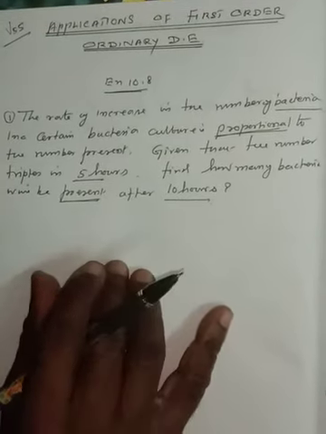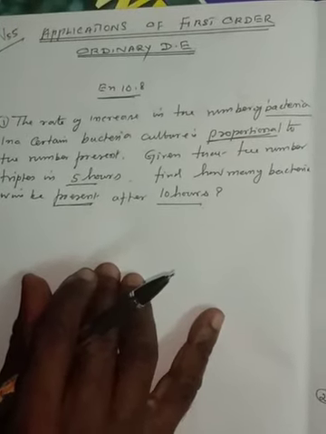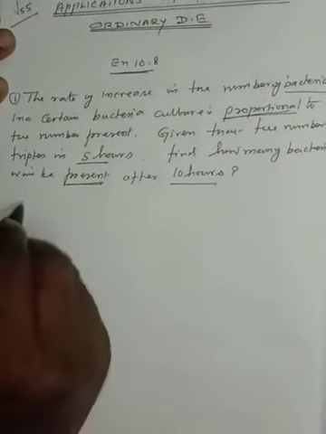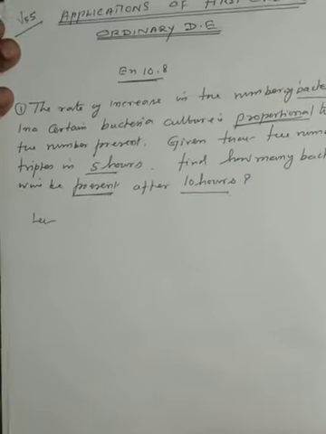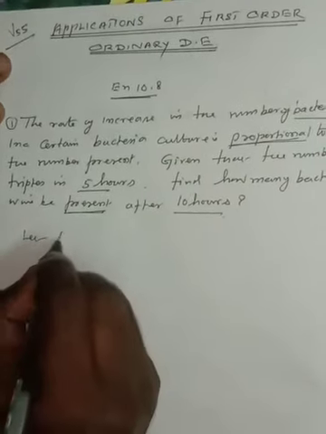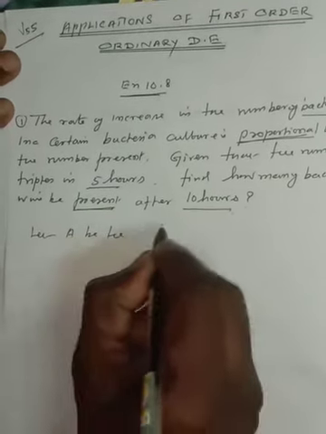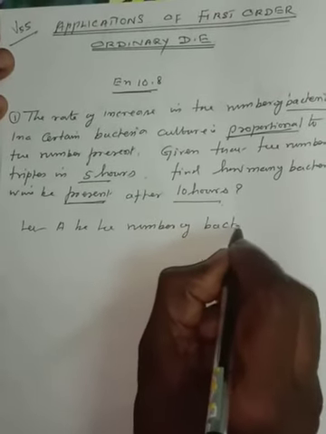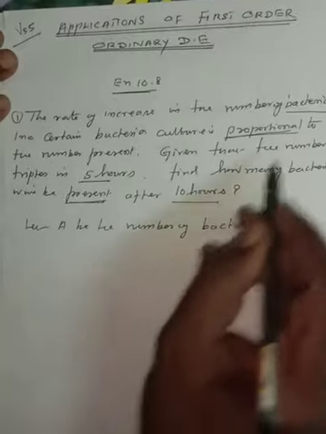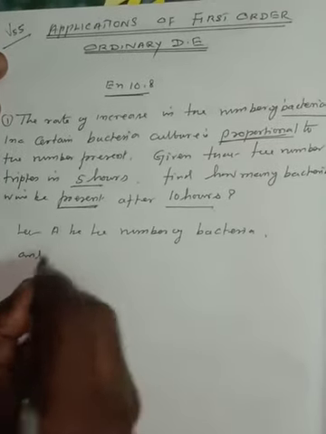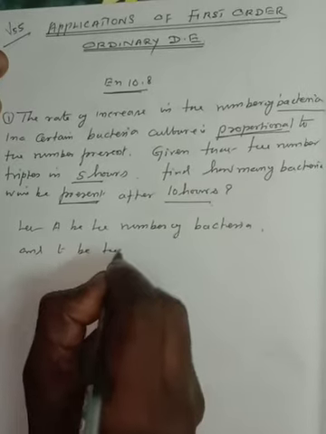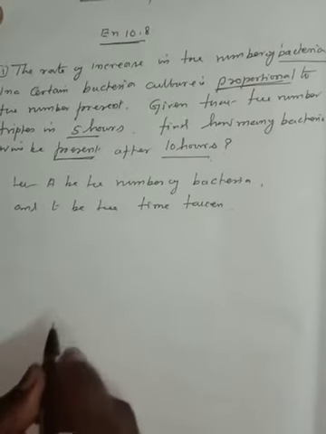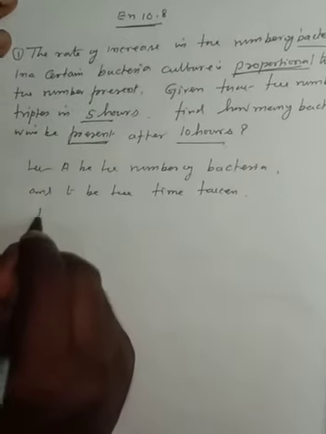First, let A be the number of bacteria, and let t be the time taken. By the given instruction,